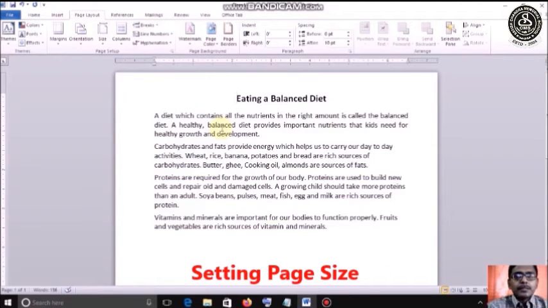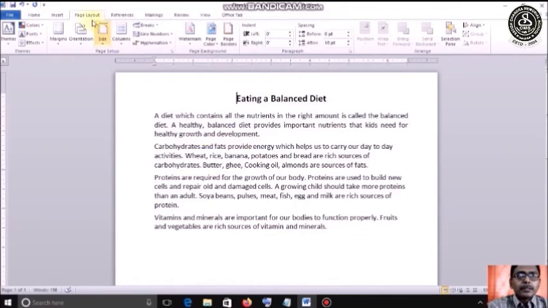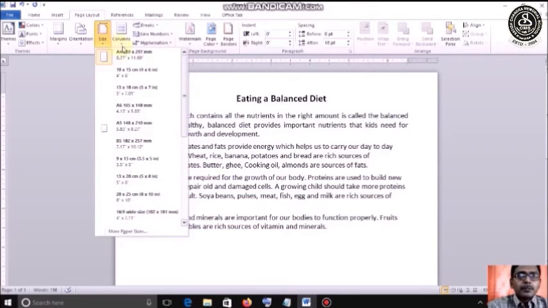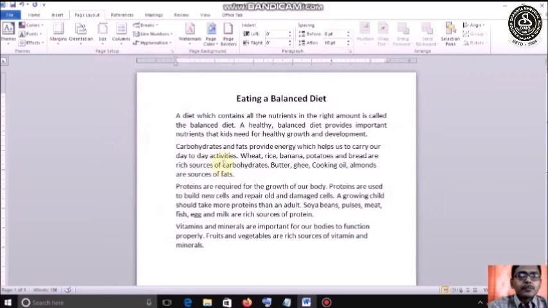Then page size. Actually, we create a document to print it on a paper or a page. So first we have to see what is the size of the page. So we have to manually measure the size, whether it is adjustable in our printer or not. Then you have to set up the size here in the document in MS Word. So for that, again, the page layout tab, the size option, different sizes are given. See, the first is highlighted, A4. This document is previously formatted in A4 size. You can give your own size. So according to that page size, it will be formatting.